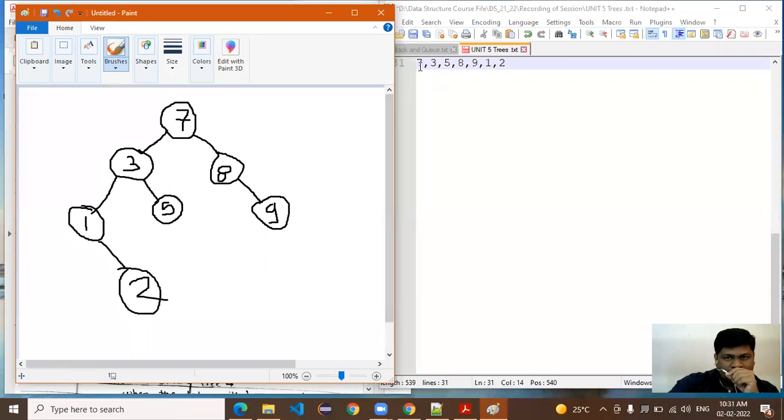पहिला node, first node we are considering as a root node. And the next node we are comparing with the root node. Smaller value node we are storing at the left side and greater value node we are storing at the right side. Simple. Yes, I got the binary search tree.